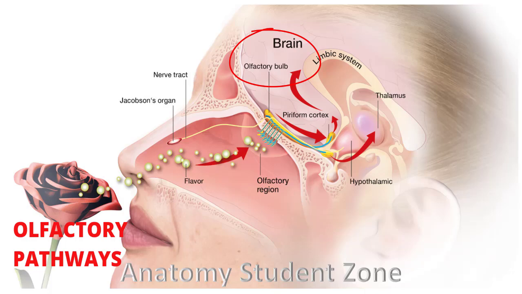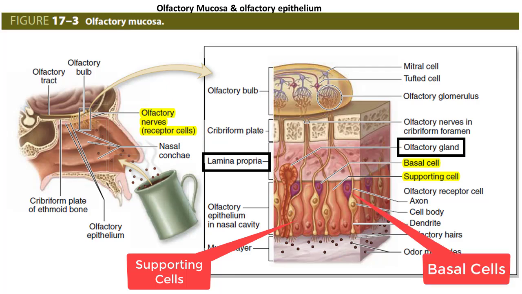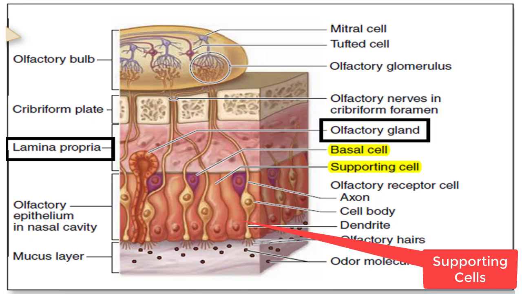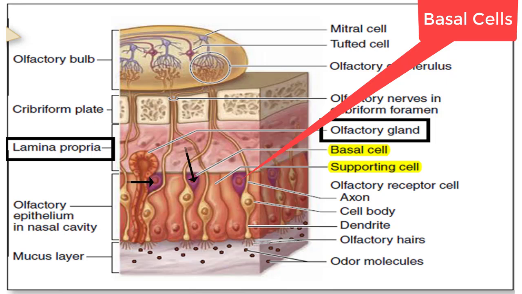So besides the olfactory receptor cell, the olfactory epithelium also includes supporting cells and basal cells. Supporting cells, as the name indicates, help to maintain the environment for the olfactory receptor neuron. And the basal cells, as you already know, have a regenerative function, like they were regenerating the respiratory epithelium. Here, they're also doing the same function. They regenerate the olfactory neurons throughout your life. This regeneration is why the basal cell is very important, because olfactory receptor neurons have a relatively short lifespan and need to be replaced periodically.